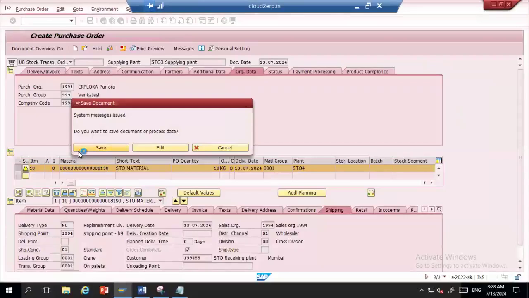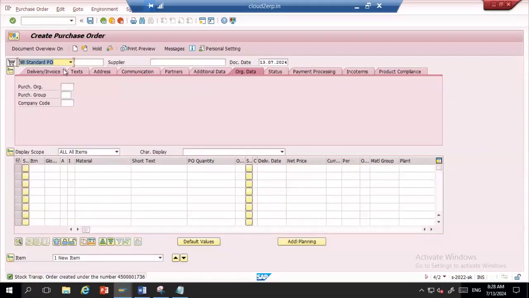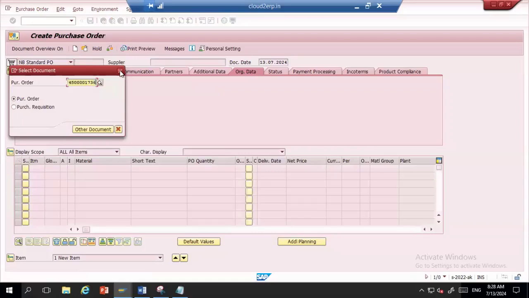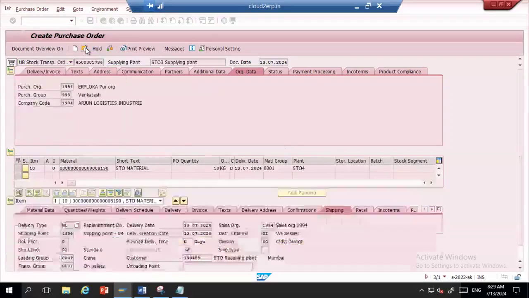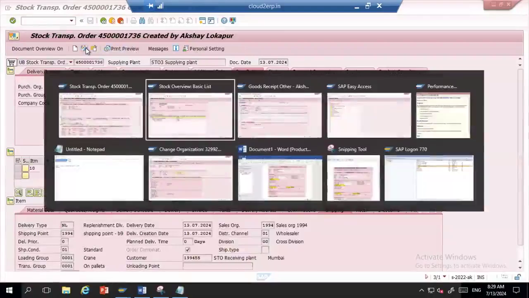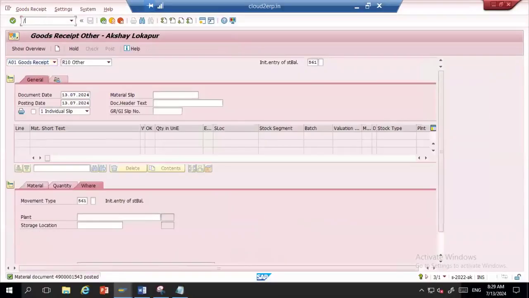So this is how the receiving plant will place an STO to the supplying plant. As soon as the STO is placed, the supplying plant will start issuing the goods. So we said that we will always use STO with delivery. So for goods issue, we should create the delivery. So to create the delivery, I'll keep this PO open like this to track. I'll go to this screen and put the transaction